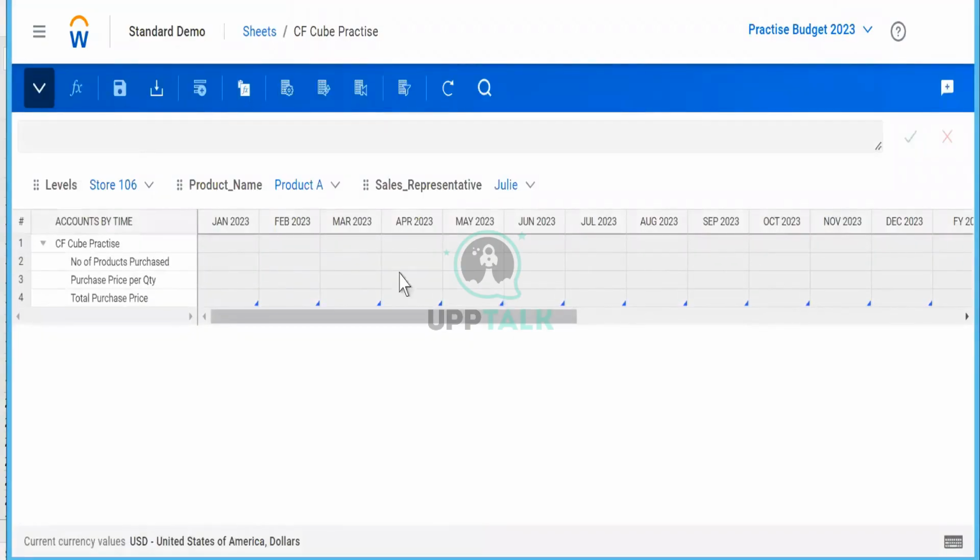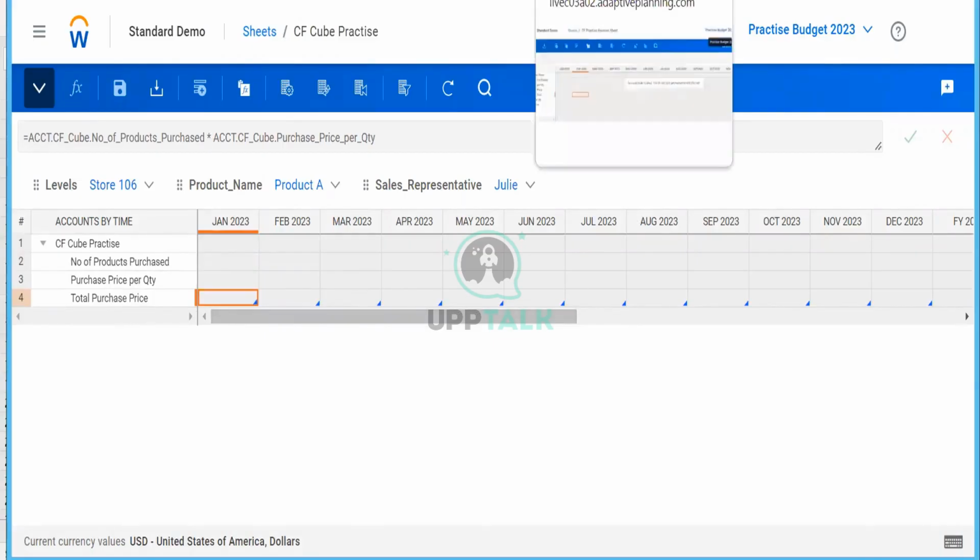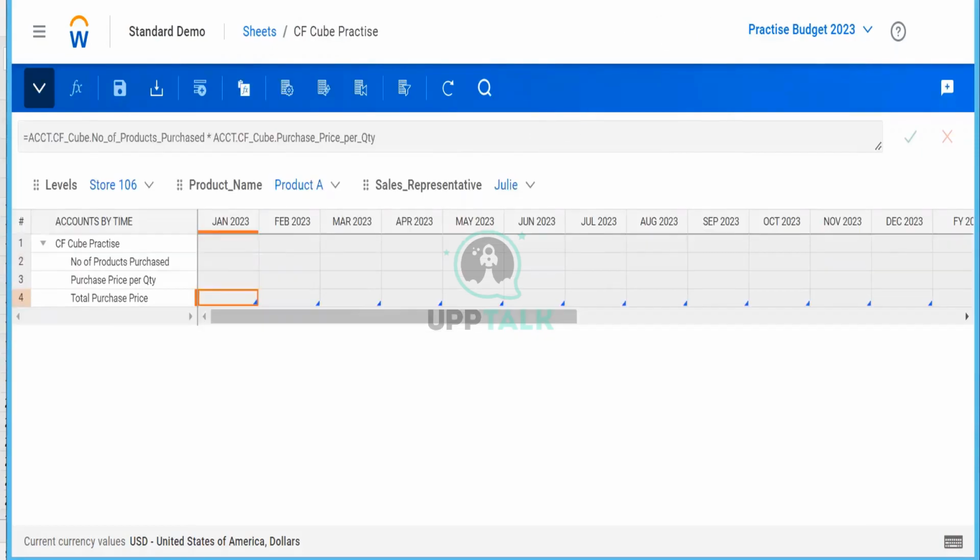You are capturing the data at this level of intersection. At the moment, it is not allowing you to enter data. It's hiding. But can you notice this blue triangle again? What does this mean? It is nothing but your calculation, calculated. Whatever data input you will be doing here, the calculations will be reflecting in the third one. This is the difference between a standard sheet and a cube sheet.